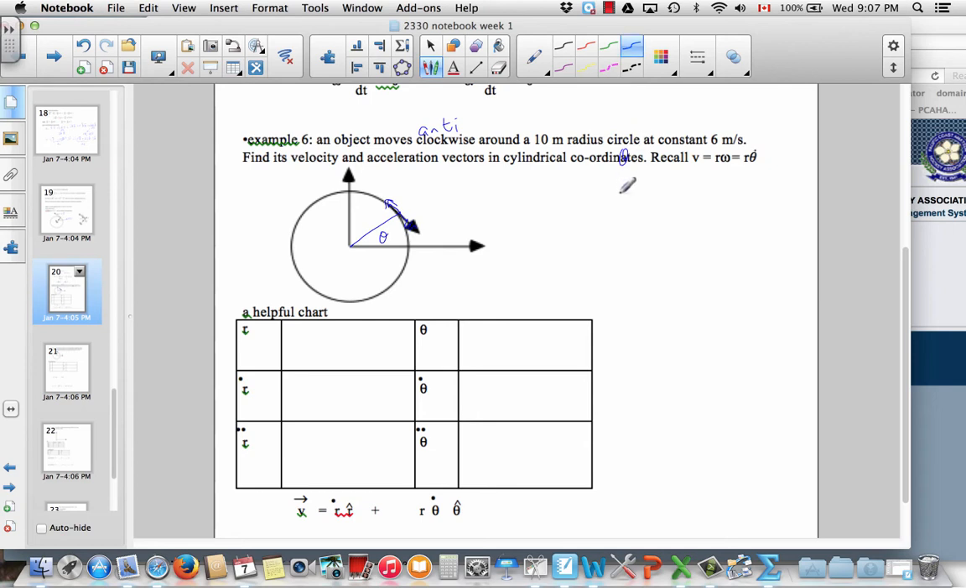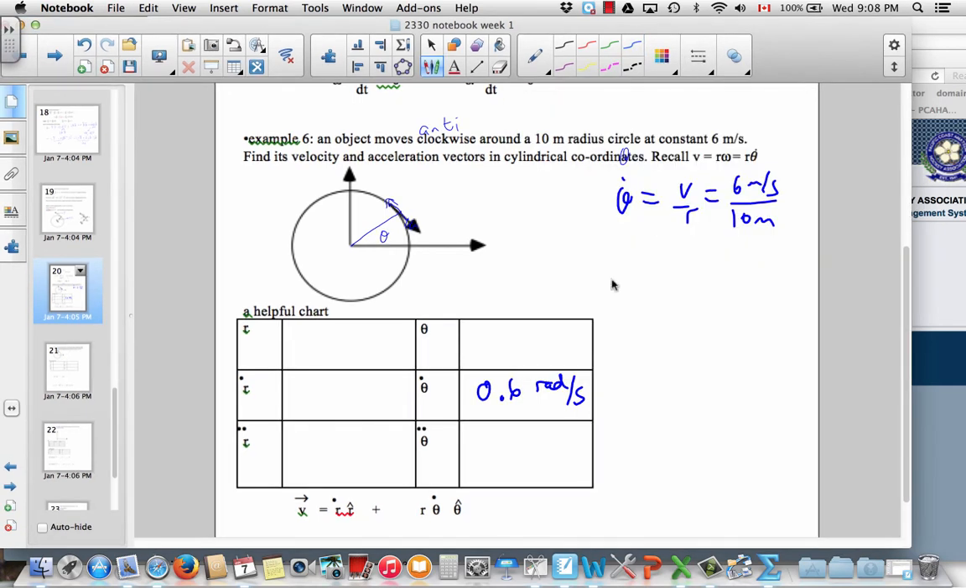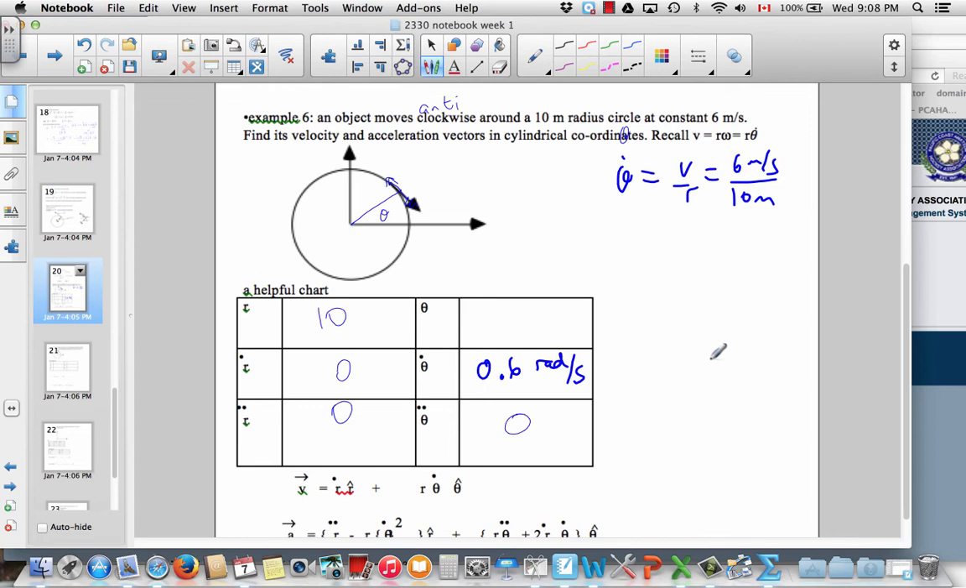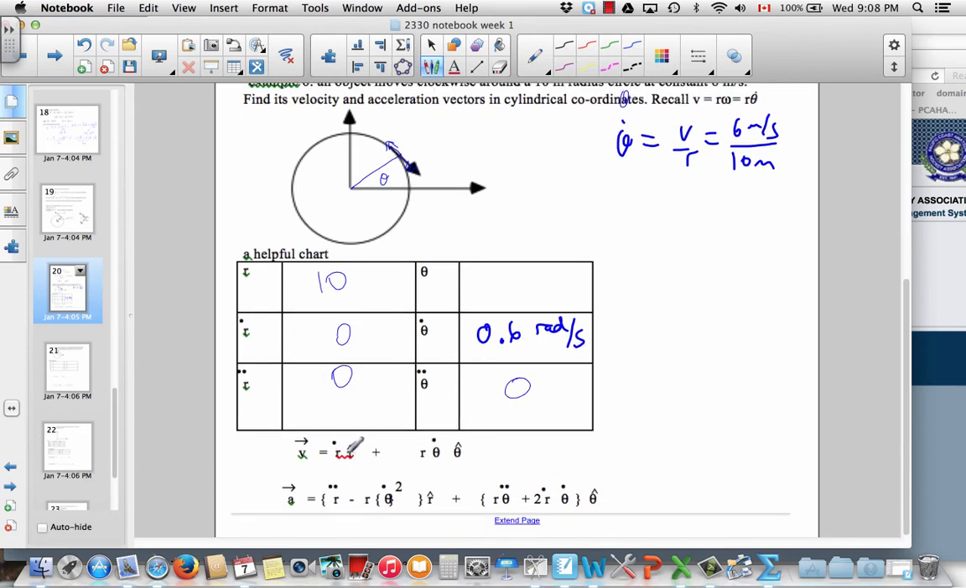So theta dot will be v over r. That'll be 6 meters per second divided by 10 meters. So that is 0.6 rads per second. Now, clearly, the derivative of that will be 0. And the radius is just a constant, so there's no time derivatives there. So we can very quickly state the velocity. There's going to be no radial component,